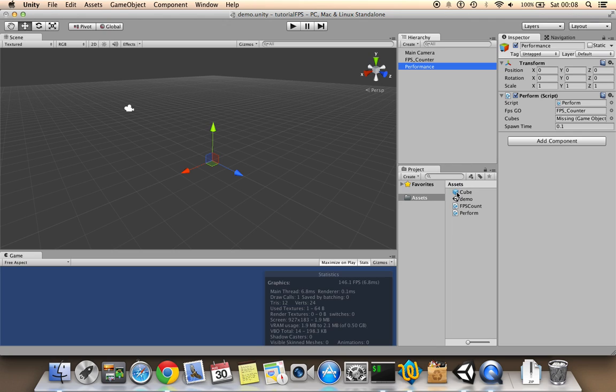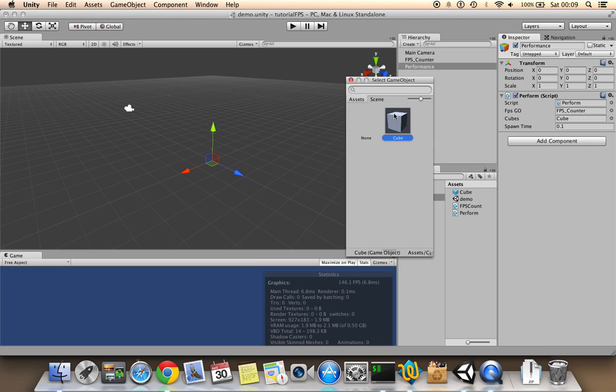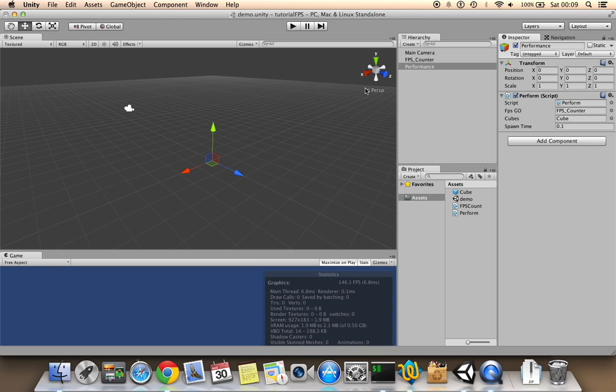I can select this cube from here, or I can just drag it from here. You can see that I can drag it here or here, and I am dragging it here. So it's the same. It's complete freedom, wherever you want. It's up to you. So okay, let's get started and spawn the cube,